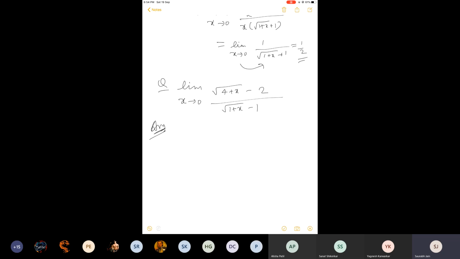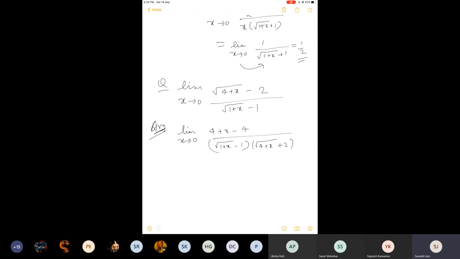Minus half. Minus half. Okay, let us see. So what have you done, can you explain? Have you rationalized the numerator or denominator? Both. Yes, correct. Because it is an example of double rationalization. Just rationalizing a numerator or a denominator will not help you get the answer which is finite. Like if I rationalize the numerator, I will write it like this.